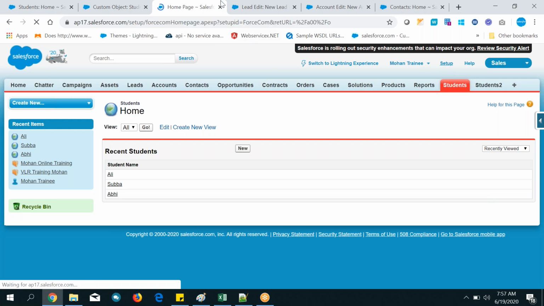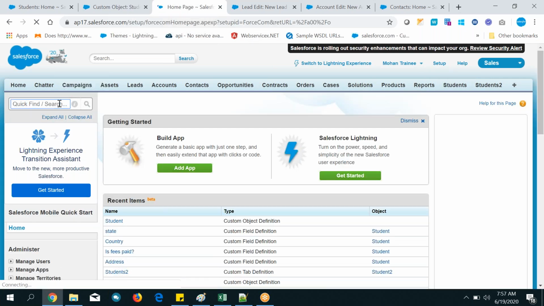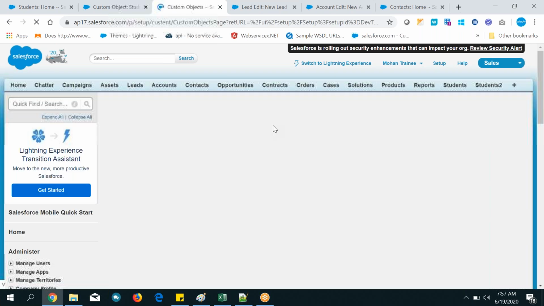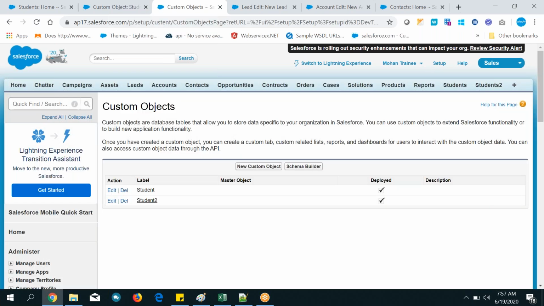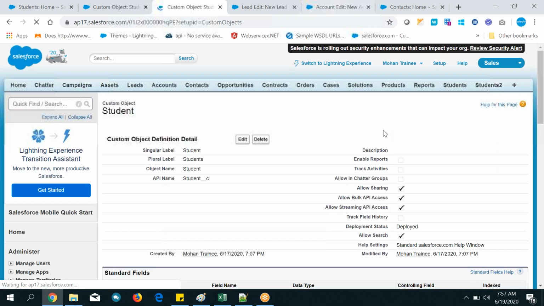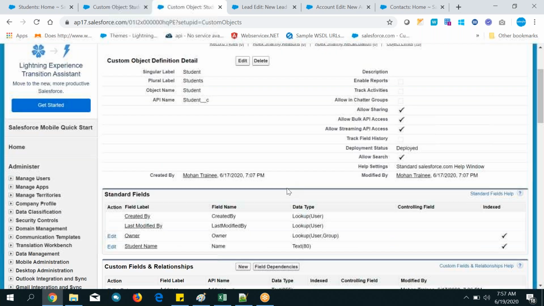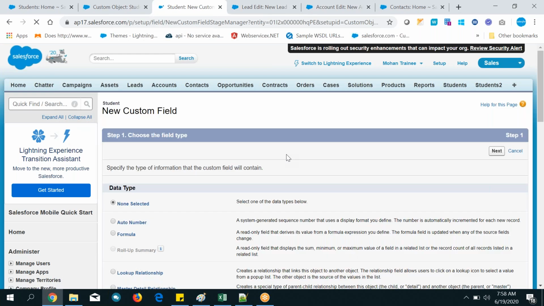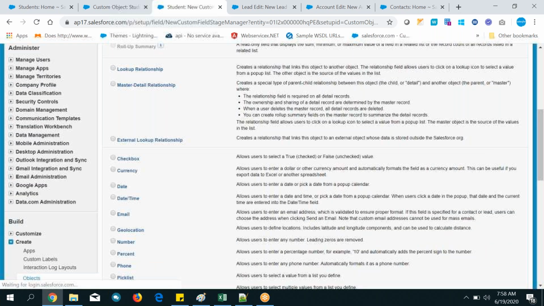Setup, search for objects. Guys, let me know if you are okay with this navigation. I will tell you the shortcut. And student. Click on the new button, create a new one and come down here.